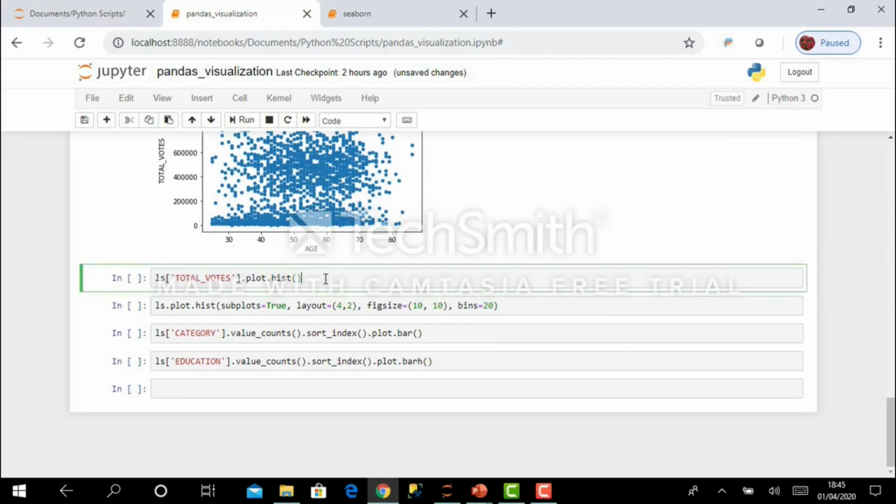Then this is the histogram. A histogram is something where, for any numeric values, I can get the frequency of a particular range of numeric values.